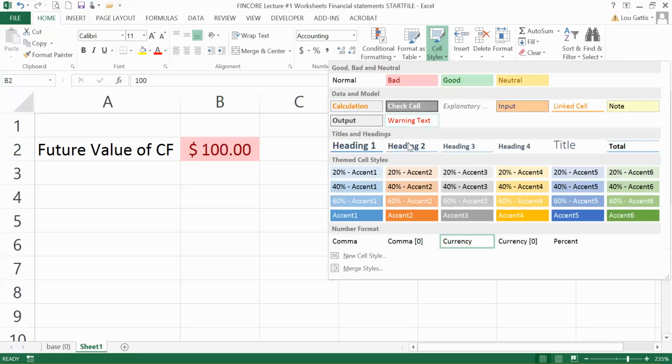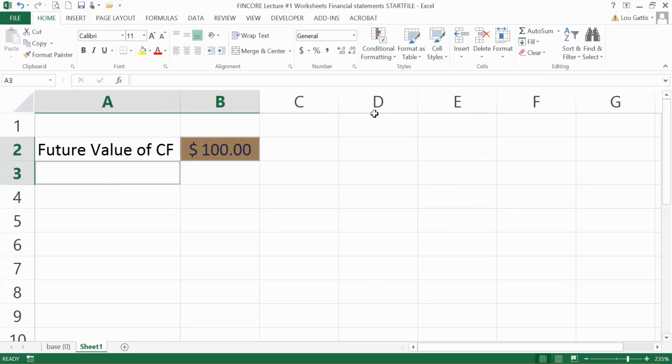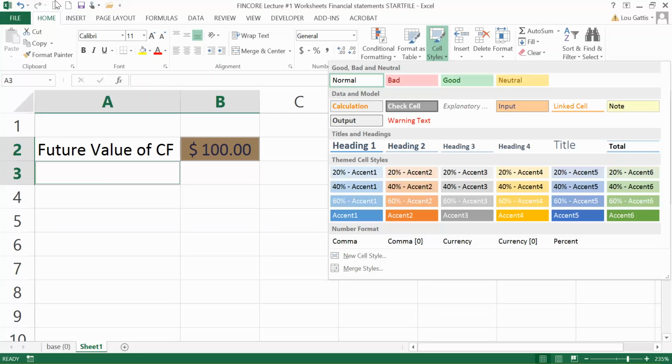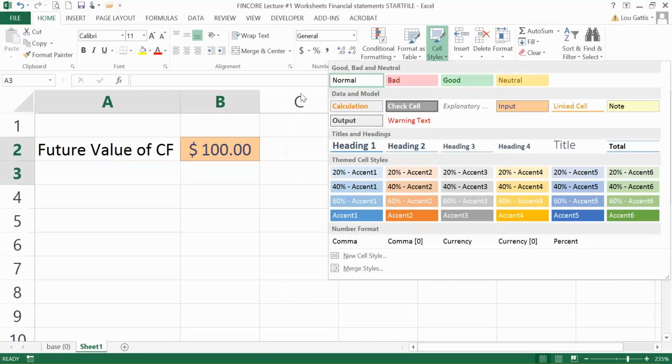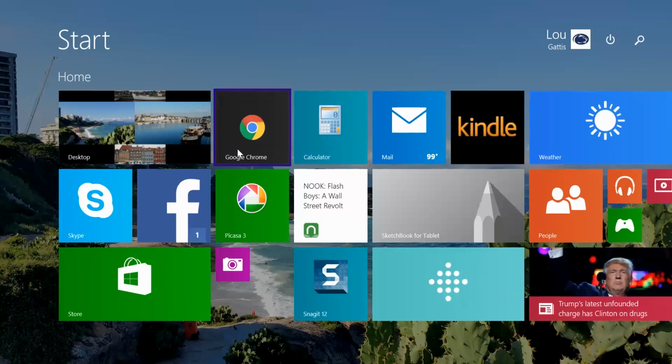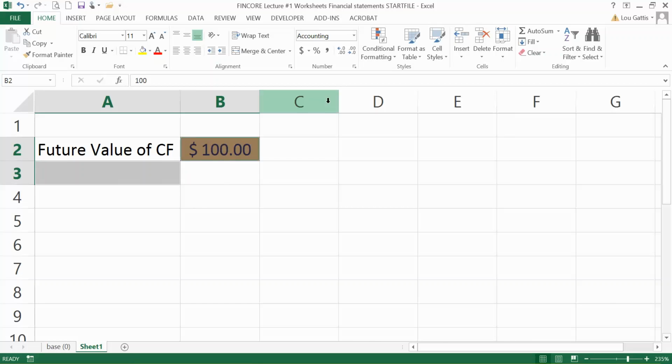I'm going to set up that style as an input. Now here are Excel styles under the Home menu. The ones I use all the time are Calculation and Input. Those are the two I use 95% of the time. The other one I choose to use are one of these themes, and I just pick the bottom left here, the blue. So the way I set up a spreadsheet is anytime I have an input,